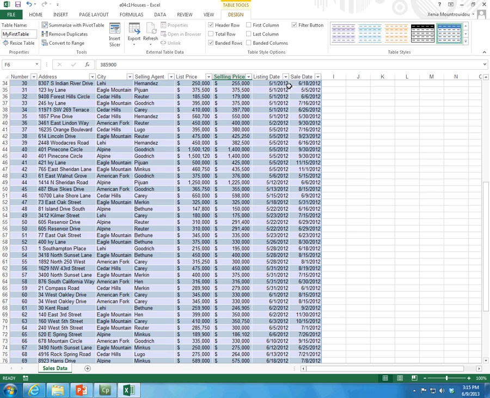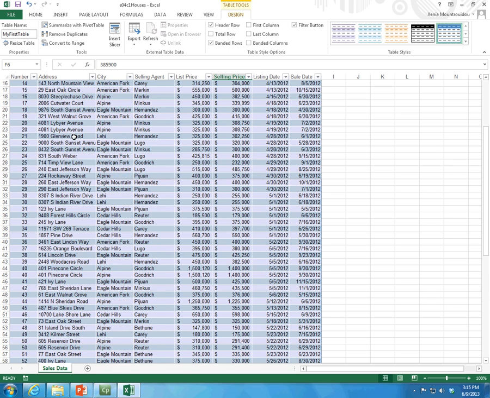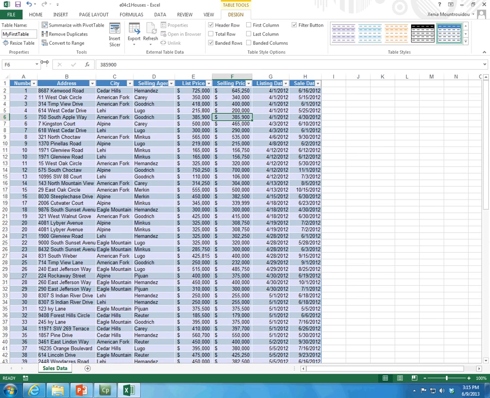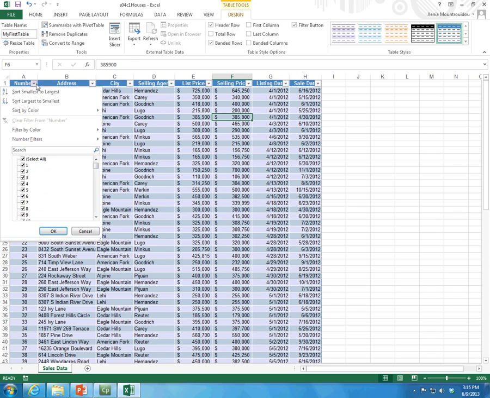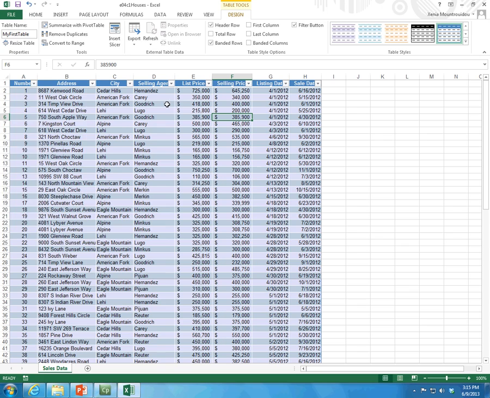In the next video, we're going to see how we can create different rows, a total row. We already have a header row, and as you can see, it has some menus. In the next video,